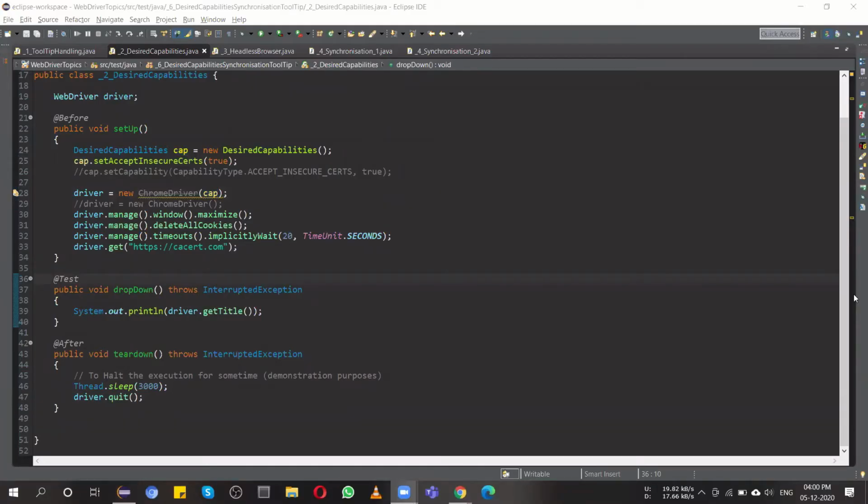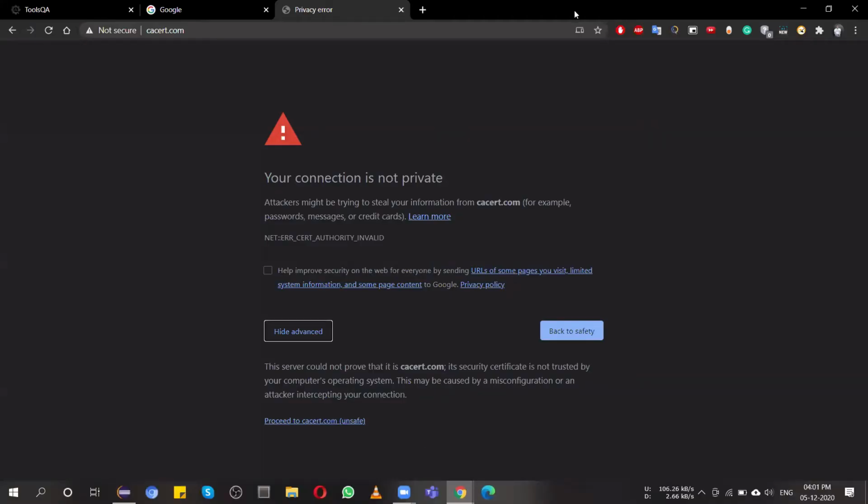Sarang sir, what is the difference between desired capabilities and Chrome options? See, Chrome options, I'll tell you in the next session. But as you're asking, ChromeOptions is more specifically designed for Chrome only. For example, there are a couple of extensions I had added in my Chrome.